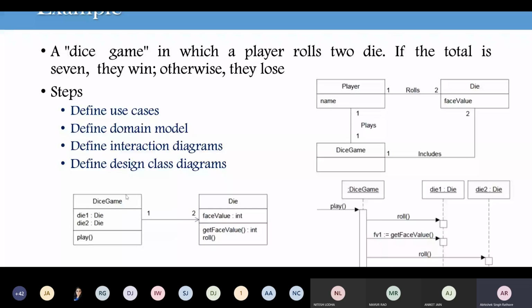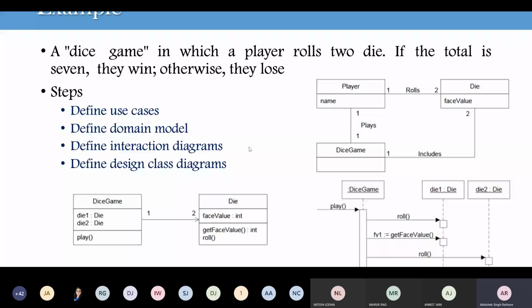So we have different diagrams available in the model. The class diagram illustrates the attributes and methods available to classes. These are the different attributes: face value, which is an integer. This is a function whose return type is integer. Again we have a void function, the roll function. So we have different attributes and functions associated with our class diagram.